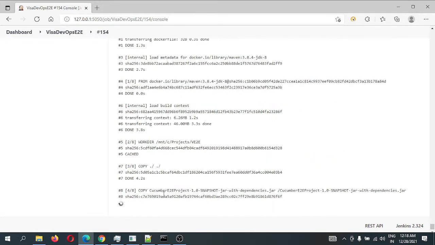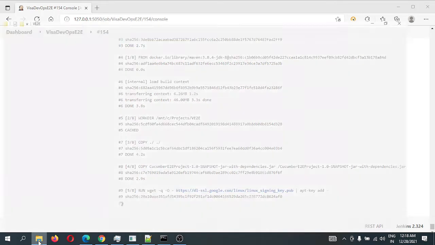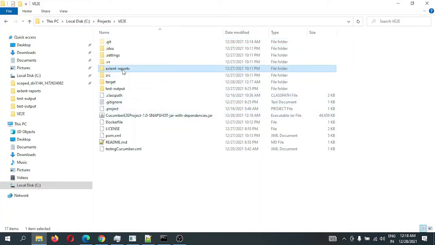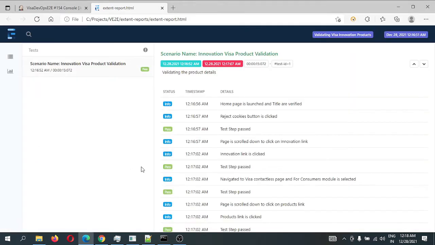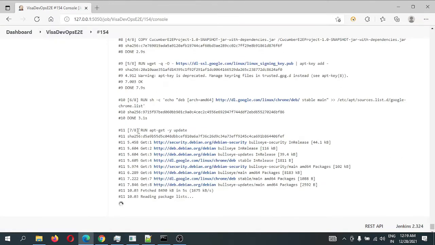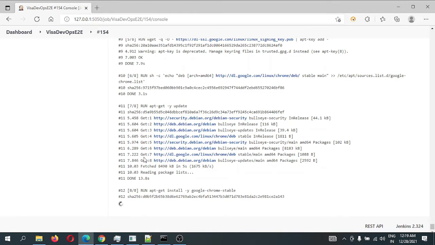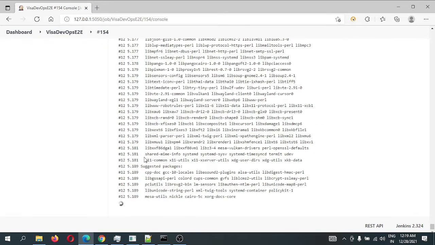Apart from that, I want to show you another thing. Let me go to the extent report. The Windows environment has just now completed, and if you see the extent report, it has been generated. Let me speak about the extent report. This is the new version of the extent report, and all the steps have been logged, and this test case has been passed. Right now, the downloading of the prerequisites required for running the test cases is in